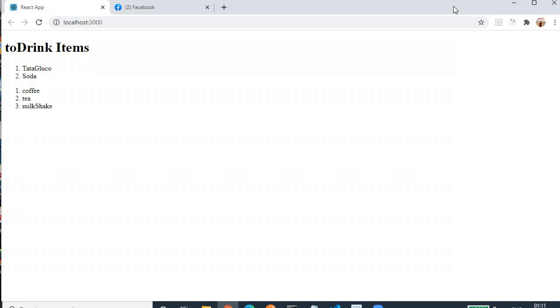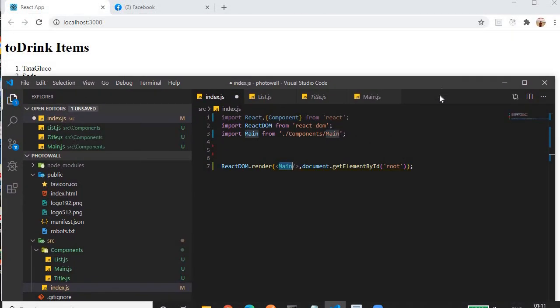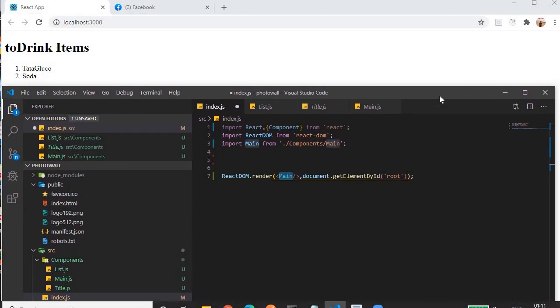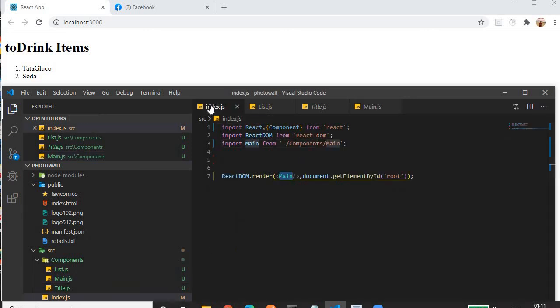That's it. Here we are just refactoring our code. We are not changing anything in our code. We are just moving the components to different files so that maintenance will be easy. To verify whether our content is working or not, let me change only the title section. Let me add two exclamation signs. We'll find the exclamation signs here once we save. Let me save here, then save here also.